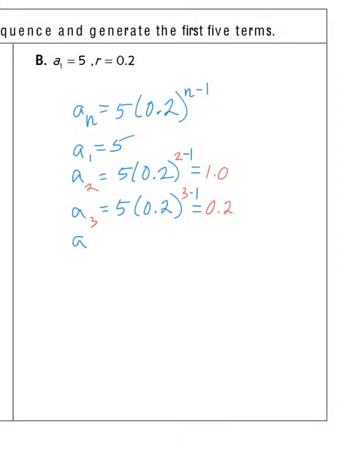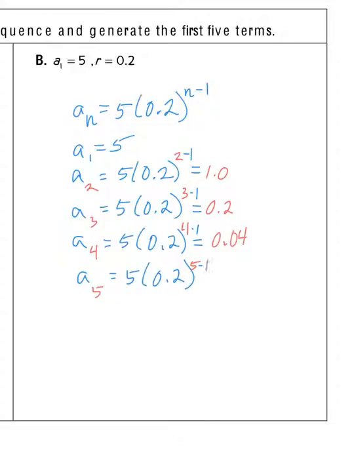A sub 4, which is equal to 5 times 0.2 to the 4 minus 1, equals 0.04, so 4/100ths. And then finally, a sub 5 is equal to 5 times 2/10 raised to the 5 minus 1, which equals